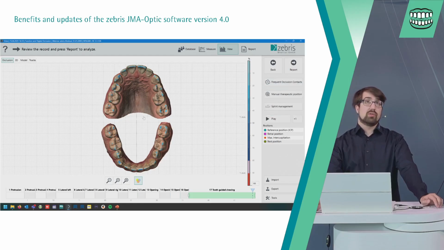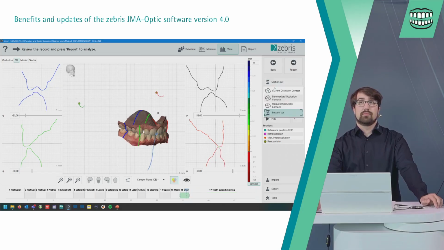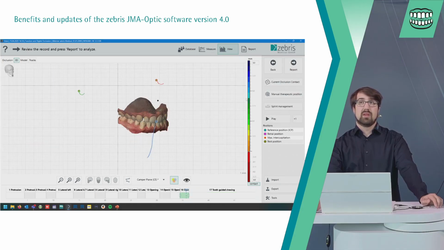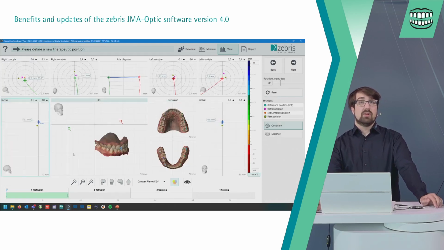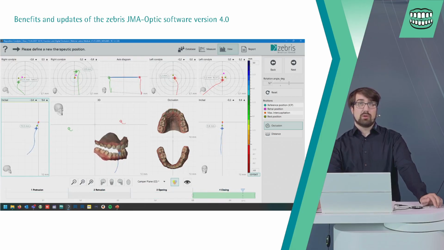And of course, we also have here our section cut for a specific analysis of a specific contact. Then we have our manual therapeutic position, where we see not only our protrusion movement, but also the retrusion movement, our opening movement, and our closing movement.